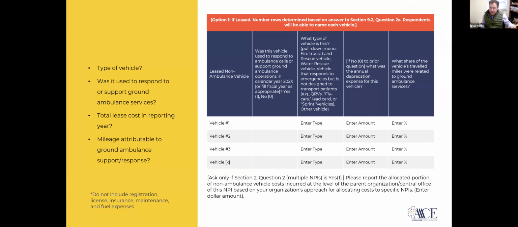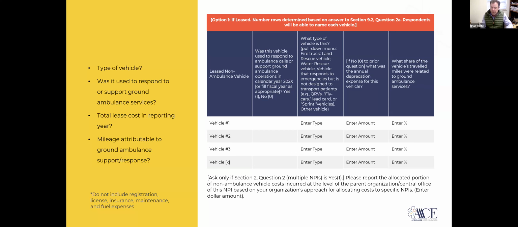Understanding that fire calls may also be medical calls, right? So this is one area where you're probably going to have to come up with a rough estimate, right? And then you could apply that estimate across all of the various vehicles. If you indicate that you own it, they will ask you for not the lease payments, but rather the depreciation